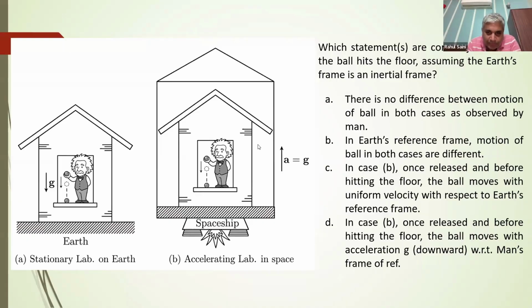For the last one, we can also think of it like the man is already inside the space shuttle, which is accelerating with g. He will be oblivious of his own acceleration. So the only way he'll be able to explain the movement of the ball is that there must be a downward force acting on the ball. That's why it went towards the floor. Downward force means it's pseudo force or something else.